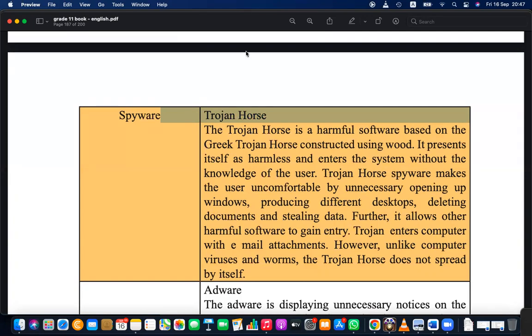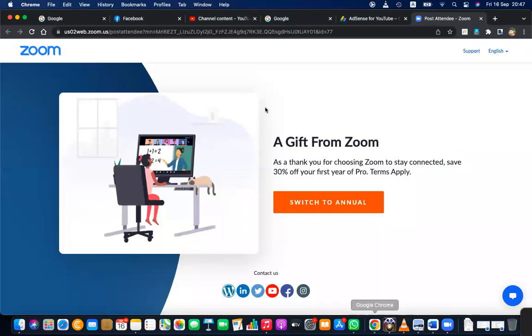I have explained this Trojan story to you before, and if you cannot remember, let me recall that story. So there was a war. This war was between Greece and another country. As I remember, a Greek Trojan horse was constructed. It's not mentioned here, but there is a nice movie on that.